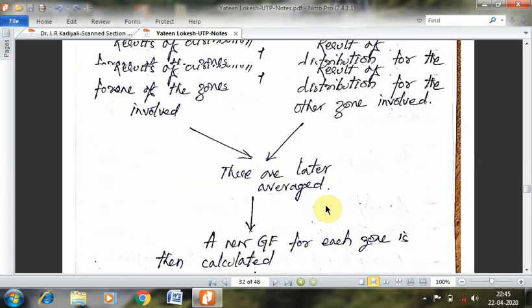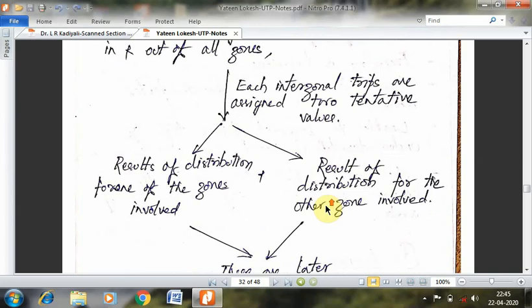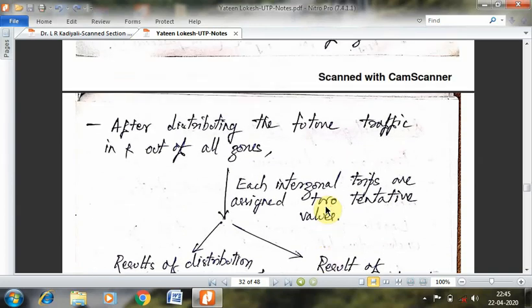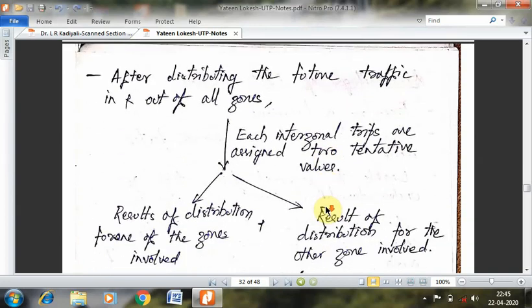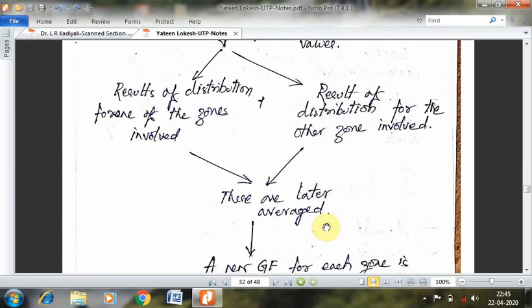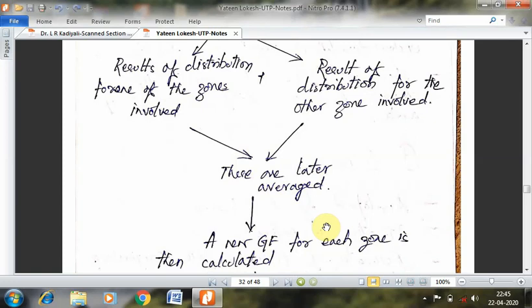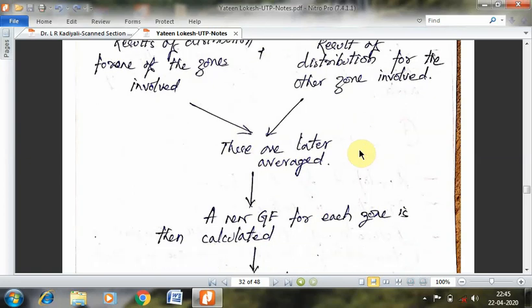Now this is a flowchart which I have prepared myself looking into the textbooks that I have already suggested. Once you start solving the problem and once you have an understanding of how it is to be solved, you will be able to understand this flowchart in a much better way. Now let me just remind you that everything that I have written in these notes, which has already been shared with you all, is very important as far as the exam is concerned. Nothing can be left out, thinking that it might not be important. Everything is important in this.